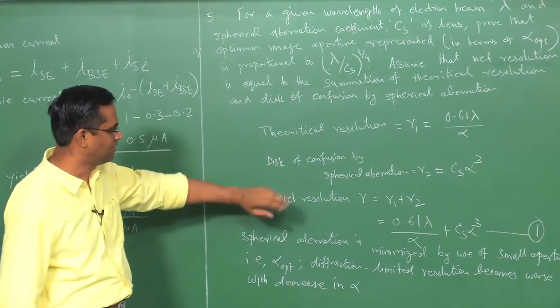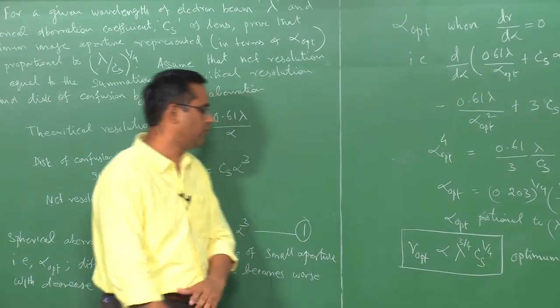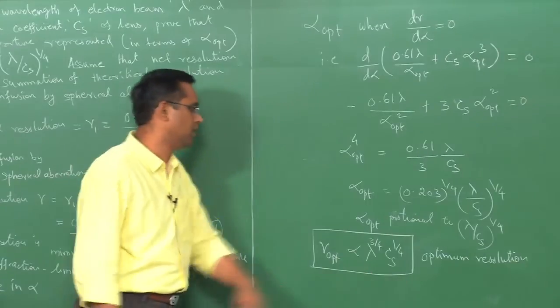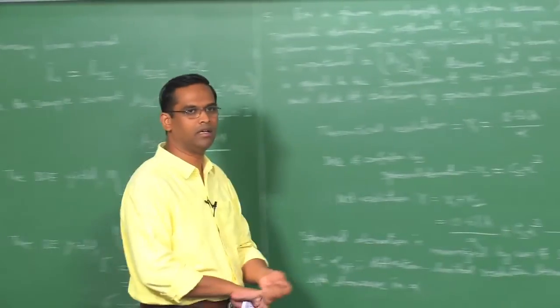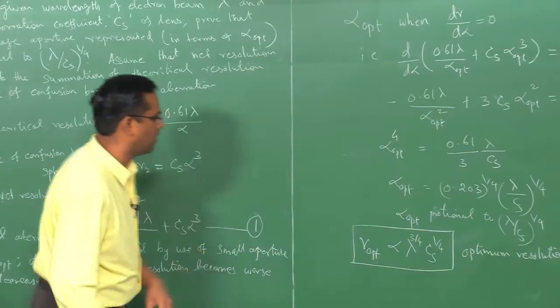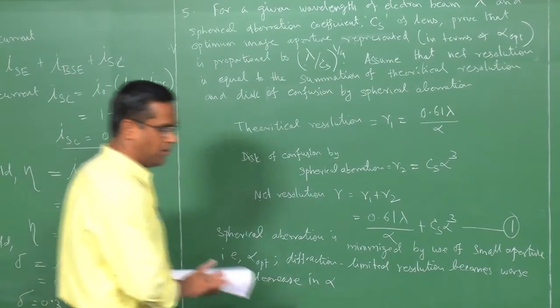If you assume this, the disk of least confusion will be proportional to these quantities. So, that is the physical meaning here. The assumption made here will result in this kind of an expression. So, now we look at